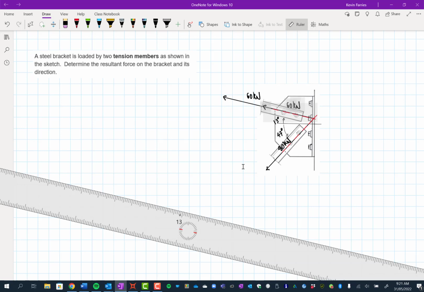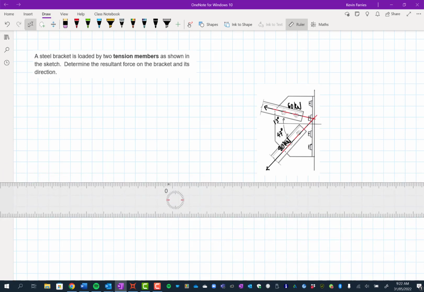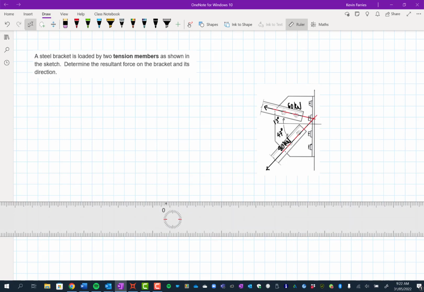Move that back along its line of action until we get those two forces joined up, acting on the same point. I won't go too much more into that at the moment. We'll talk about that a bit later when we look at rigid bodies, but just know that you can do that in order to get these forces to all act on the same point. So then we'll just draw this again without the